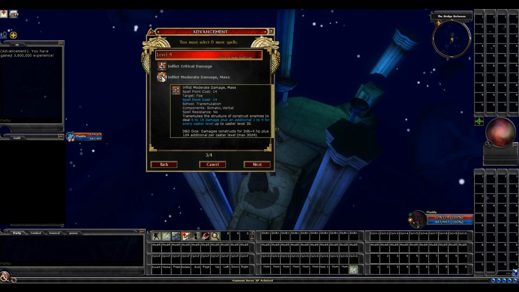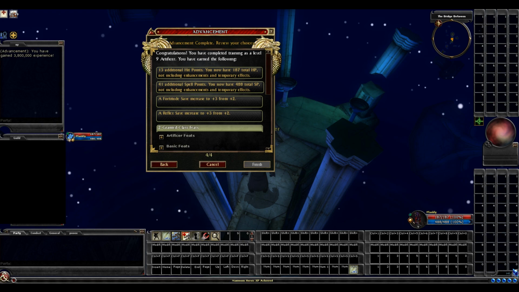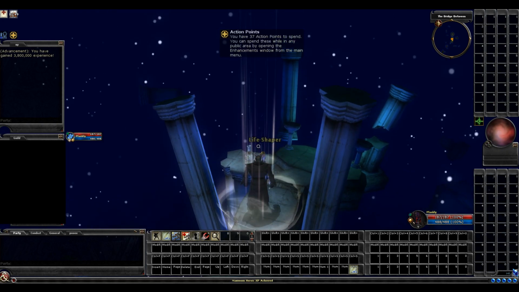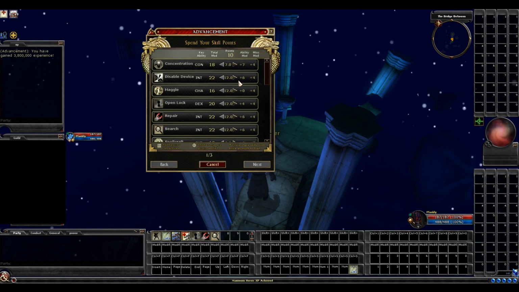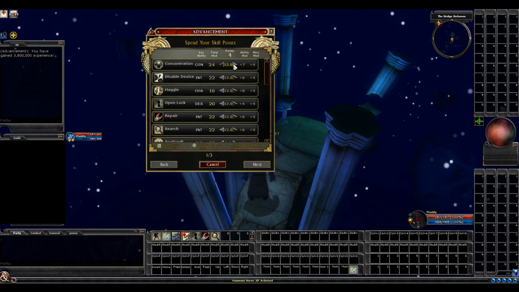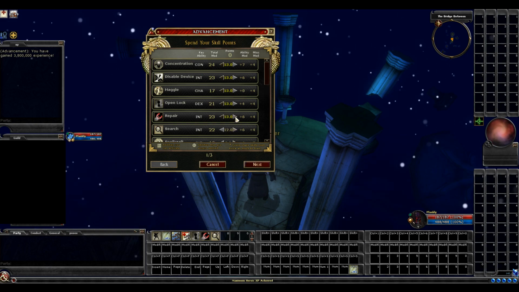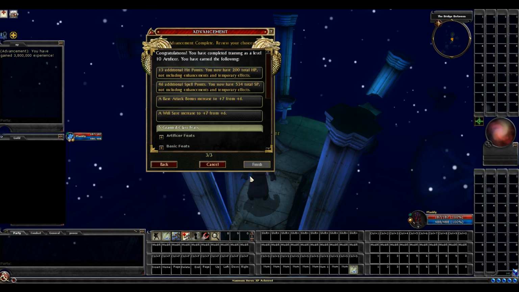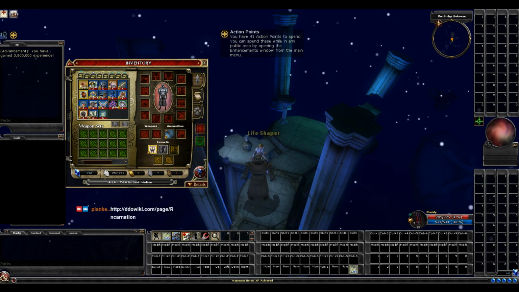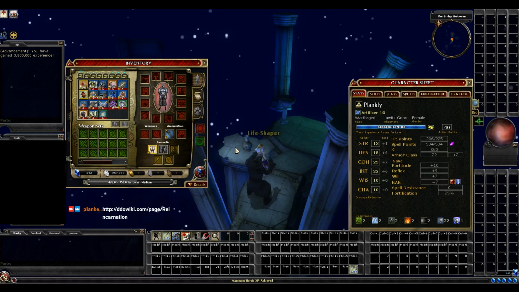Couple spells I didn't take. There you go. Level 4. So in level 1, 2, 3, I inscribed them all. So what I just posted in the live stream chat right there was